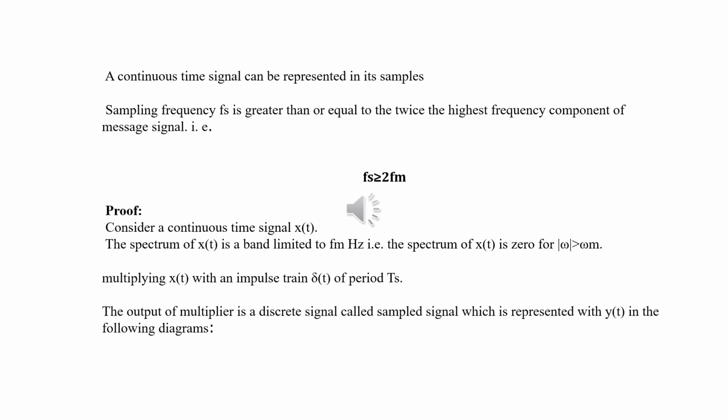Consider the signal x(t). The spectrum of x(t) is band limited to the frequency fm. Now we are multiplying this x(t) with the impulse train δ(t) with the period T. The output of the multiplier is a discrete signal called the sampled signal, which is represented by y(t). The following diagram will show